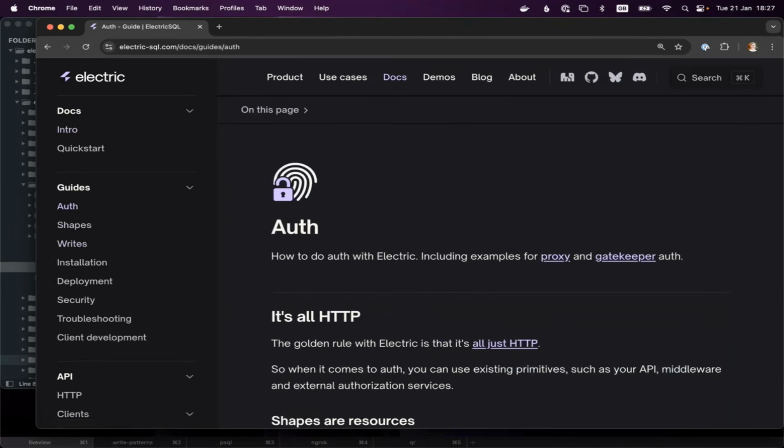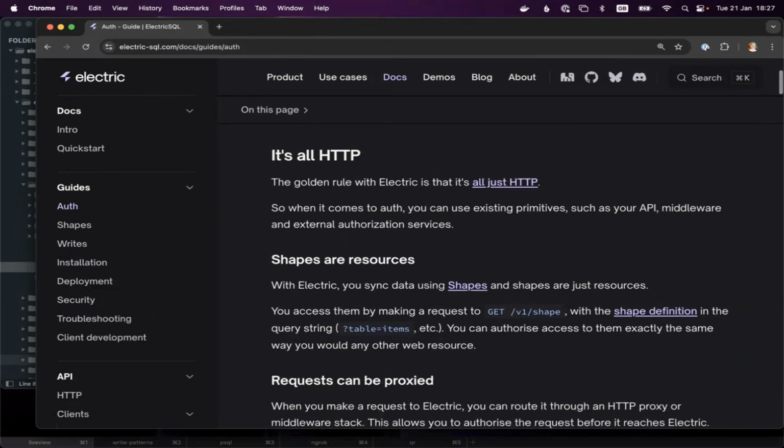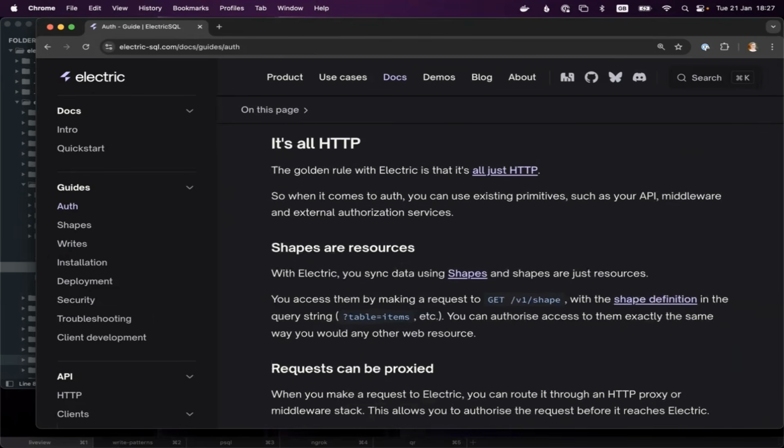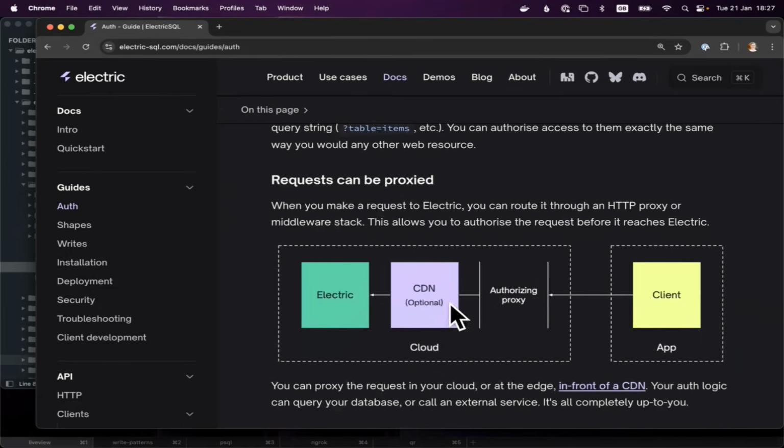Now, with authorization, when you use a sync engine, most people would think that you would have to use some kind of rule system to authorize access to the data, because in a sense, you sort of lose the flexibility of that end layer. But with Electric, because we sync over HTTP, you can still route the stream through a proxy. And so you can use a proxy as an authorizing proxy to control access to the data.